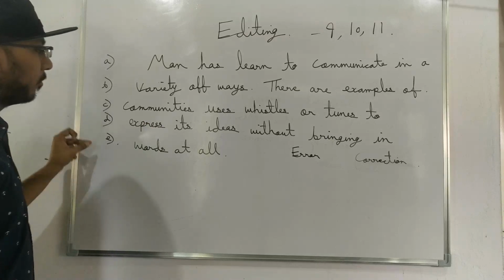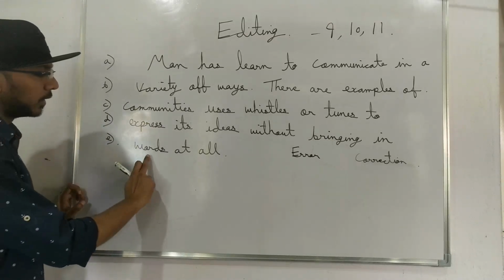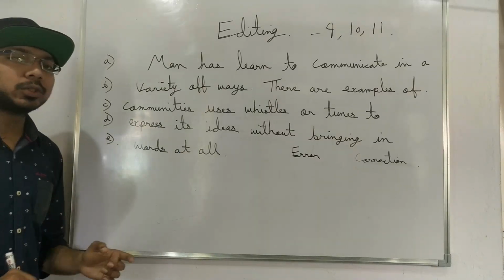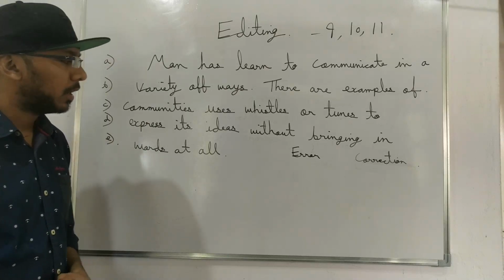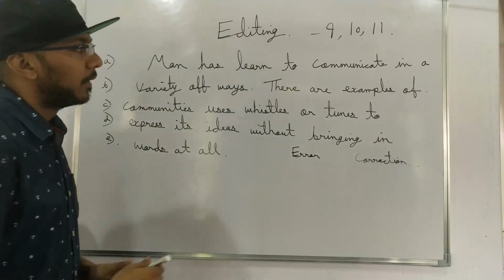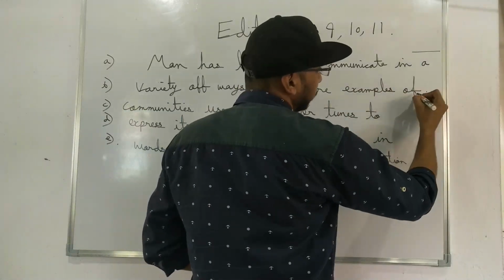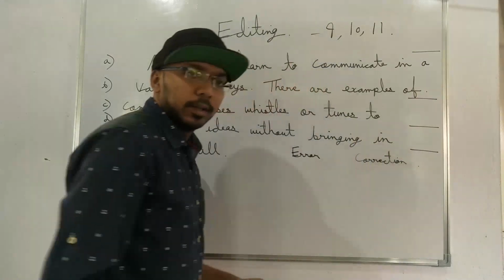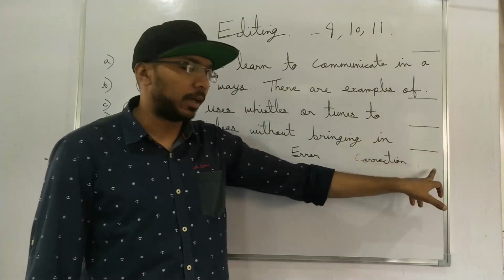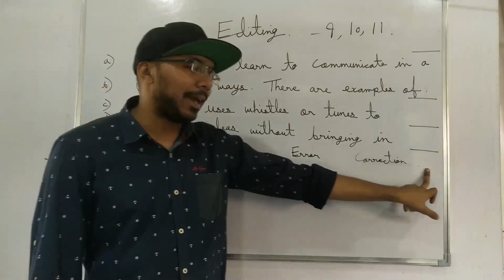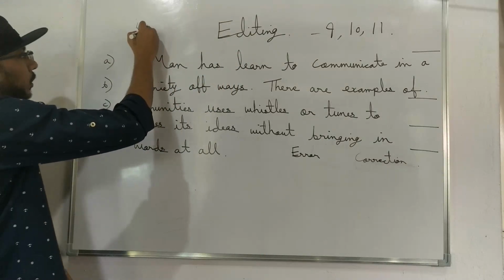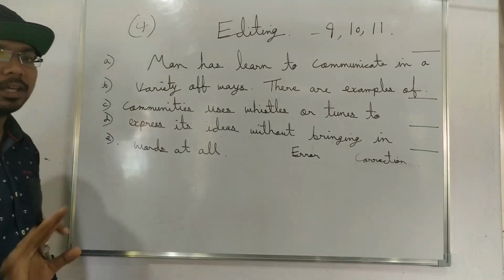Here you can see there are 5 lines, but the last line has only 3 words and this line does not contain any error. Now how will you say that, sir, why this line is not containing any error? How will you judge that? All the lines which are supposed to have an error in them will have blanks in front of them. In your question paper, you will have blanks in front of the lines which have errors in them. Suppose the last line does not have a blank in front of it and this question contains 5 lines, still it is saying a 4 marks question. That means the last line does not have any error.